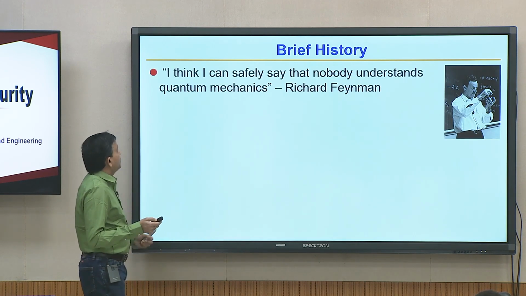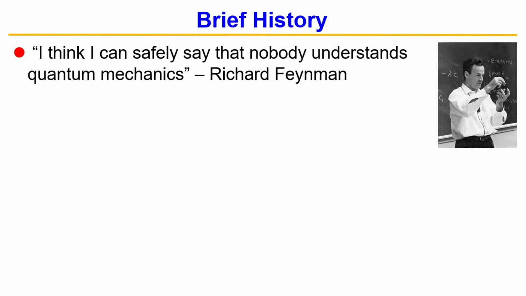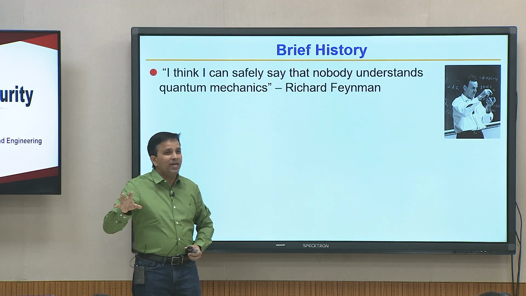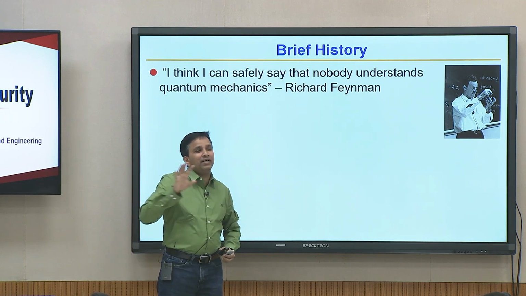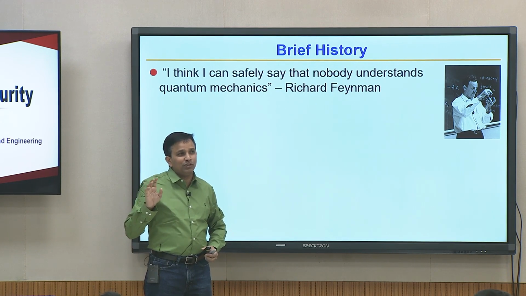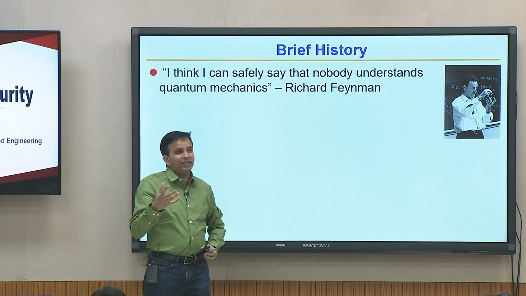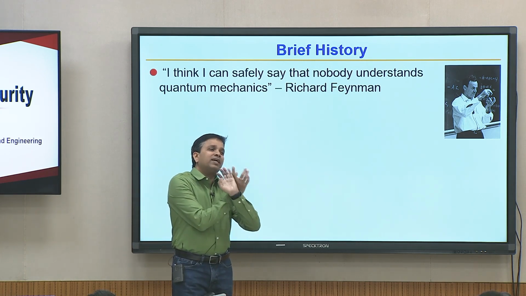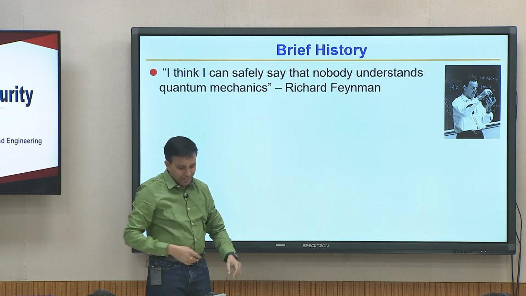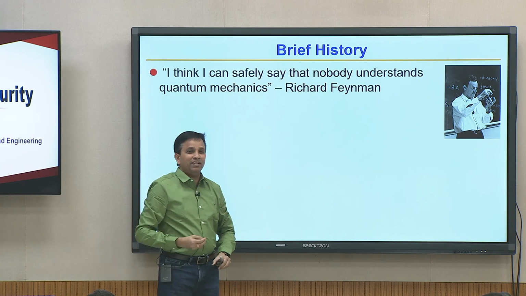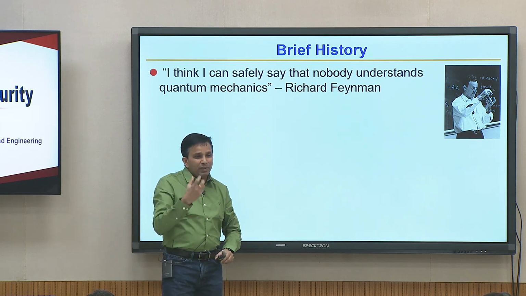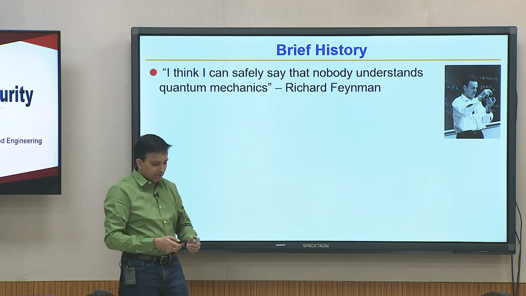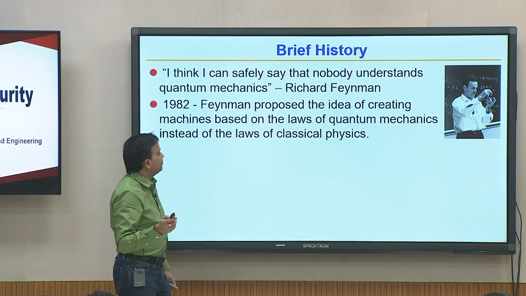And a little history: I think I can safely say that nobody understands quantum mechanics. That is Feynman, and he is assumed to be somebody who took all the theories and equations that Schrodinger came up with and actually implemented them and showed they work, exactly the way Microsoft took 17 years to actually show topological quantum phenomena. These magical things, when they come, either self destruct or start dancing, they form such a formation that can be implemented on a real device, can be fabricated, and you can measure and control them. That took 17 years and hundreds of millions of dollars of funding.